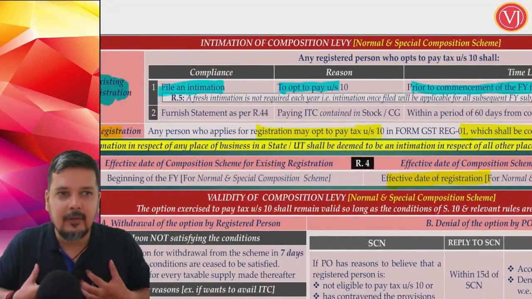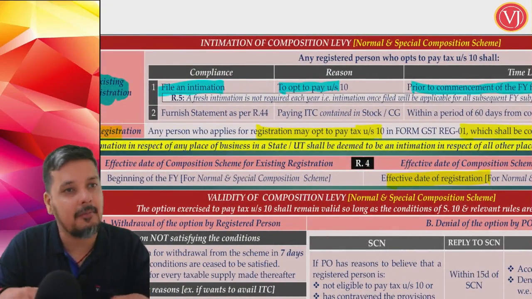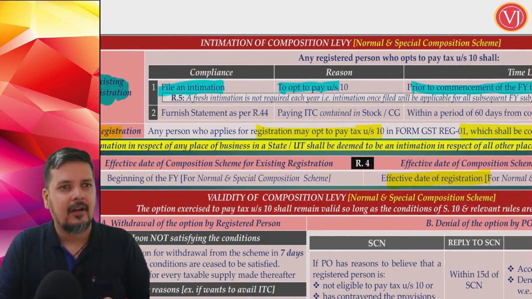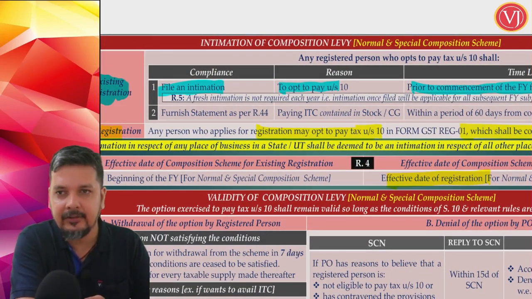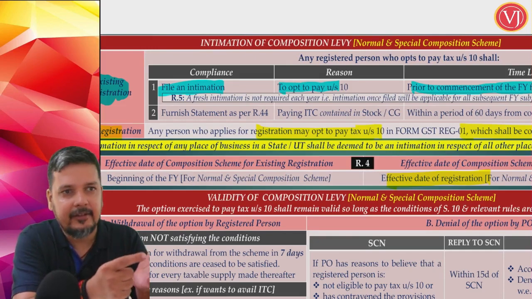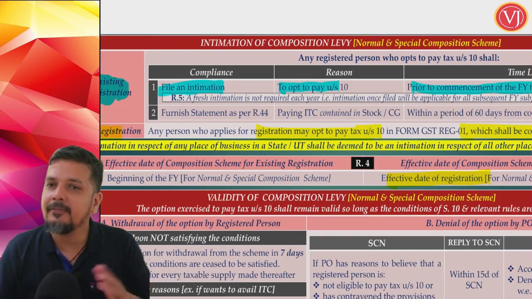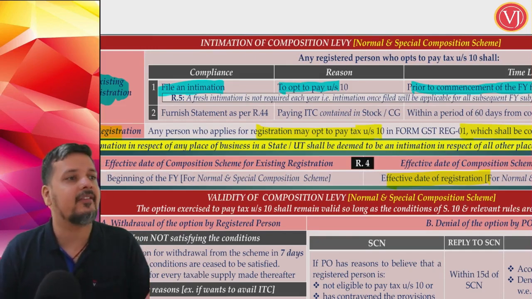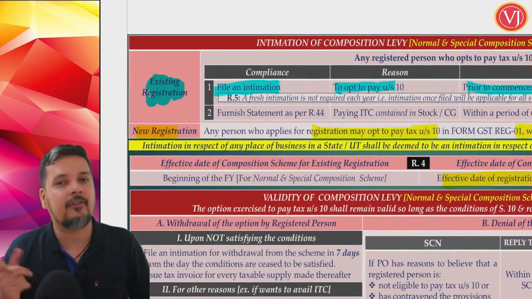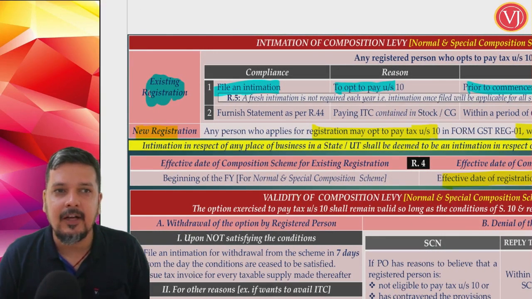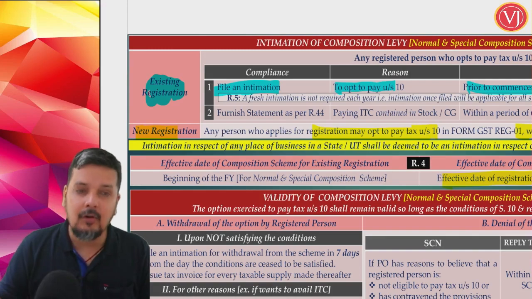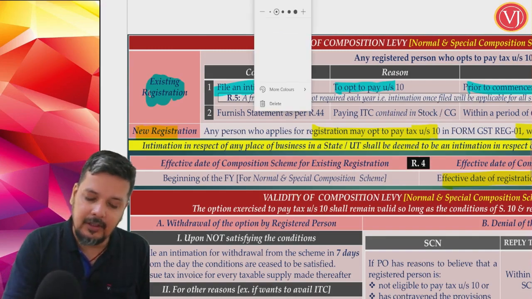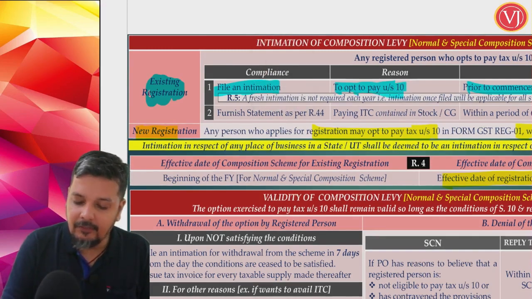If I am taking new registration, can I enter composition scheme in between a year? Yes. At the time of filing registration form, select composition scheme. But if I am already registered under regular scheme, can I switch over to composition scheme? At any point of time, no. I can switch over only from where? Only from 1st of April of